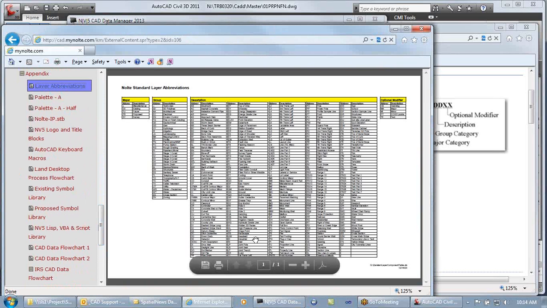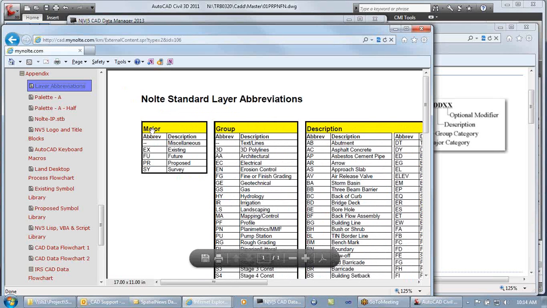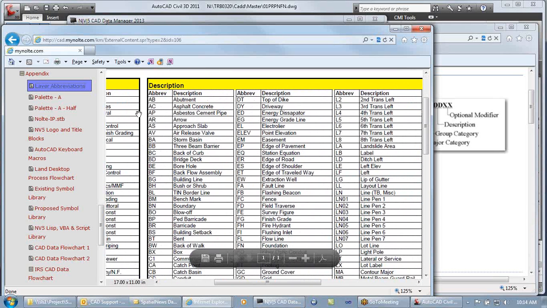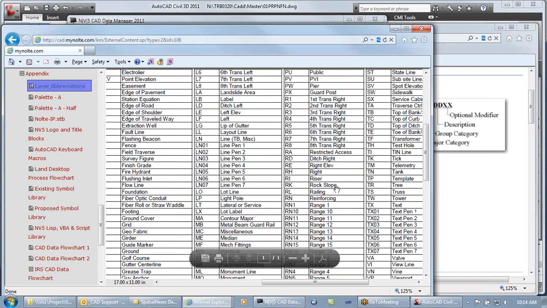And it's a nice little flow chart that if I zoom in on here, you'll see there's our major, there's our group, and then here's all the abbreviations for all the descriptors. So, easements, edge of pavement, lip of gutter, and so on. All right, it has them all listed in here, and some of them are a little bizarre, and the intent